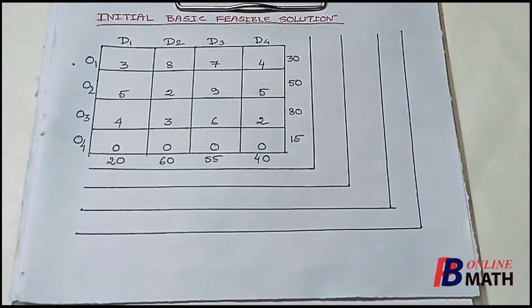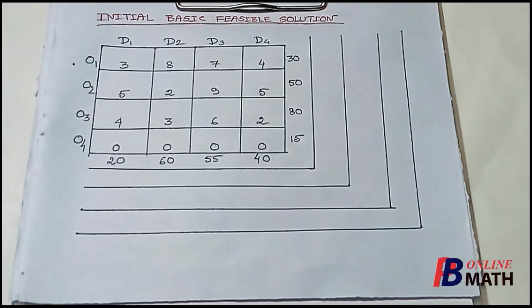So now this problem becomes a balanced transportation problem, and we have already learned how to find the solution of a balanced transportation problem. In the first step, we need to find one initial basic feasible solution, and then we shall find the optimal solution. And as we know that Vogel's approximation method is the best way to find the initial basic feasible solution, for this balanced transportation problem we shall find the initial basic feasible solution by using Vogel's approximation method.